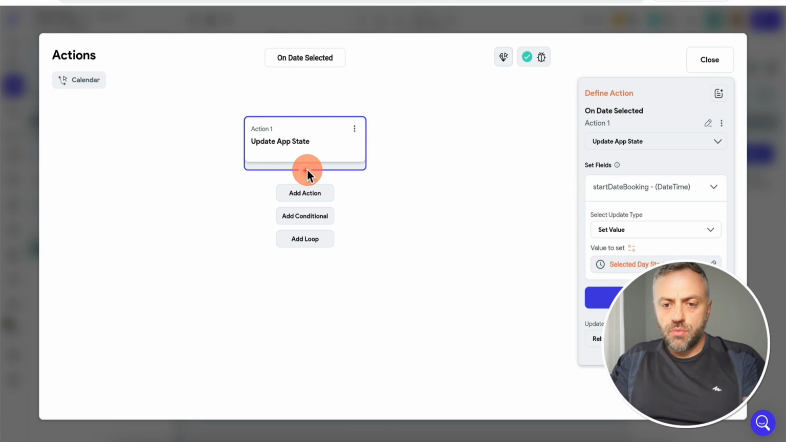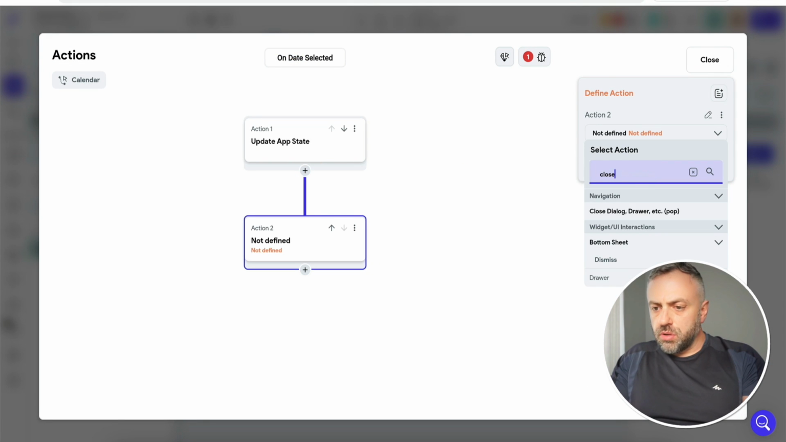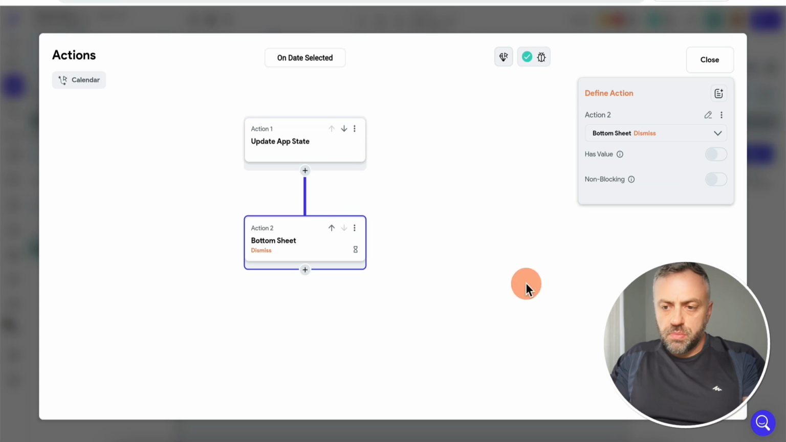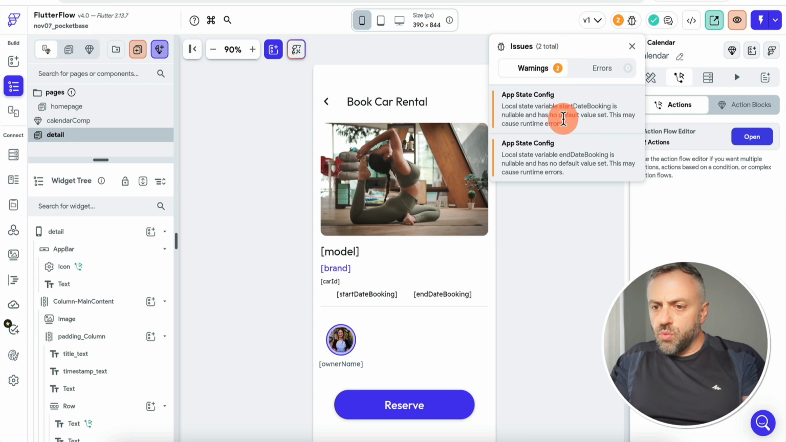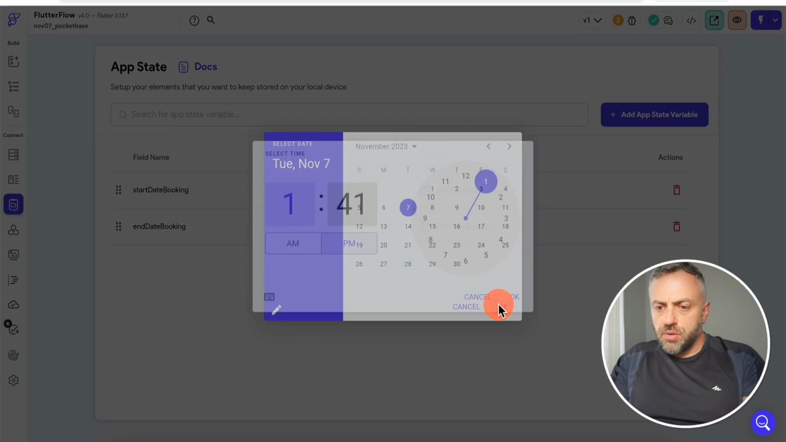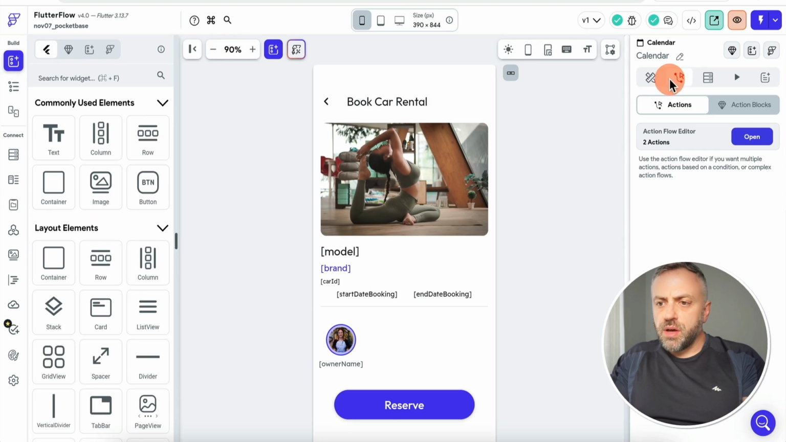We also want to make sure that we close it. And so you want to do close, bottom sheet dismiss. That's exactly what you want to do. All right. And let me double check if everything is fine. Check out our warnings. Let's set a default value here. Okay. Now we have a default value. No issues, no problems. Let's go ahead and run this app, and let's test out this start date booking flow